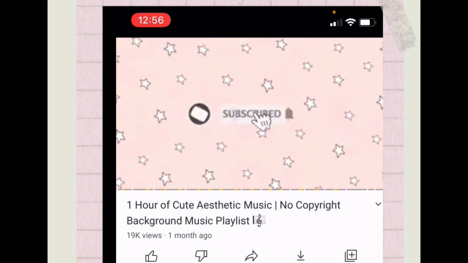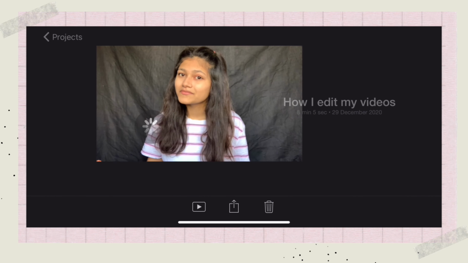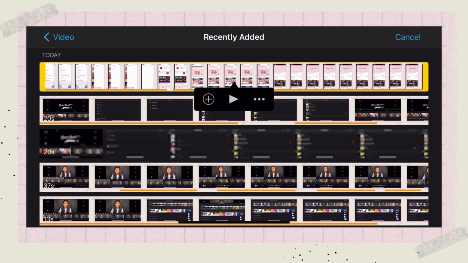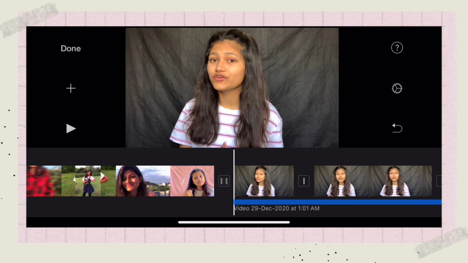Once you've screen recorded it, go back in iMovie where your project is. Wherever you want the music to be, tap on that, then tap on the plus sign, then go in the videos. Then you'll see your screen recorded video, tap on the three dots and choose audio only. And that's how you put music on your videos from YouTube.